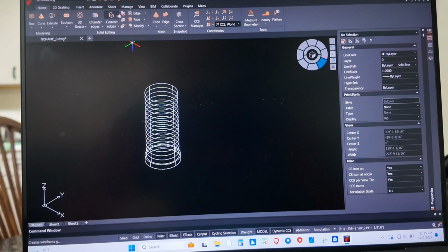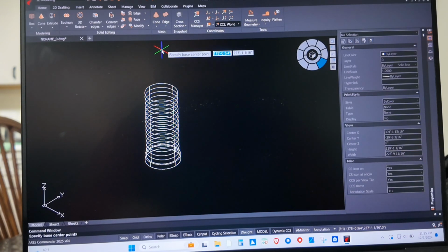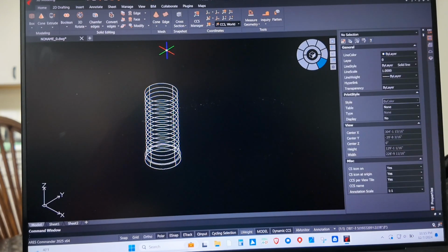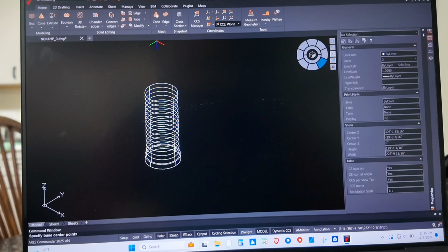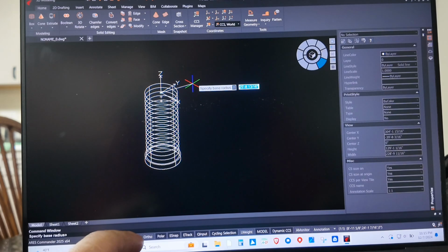Now we need to put a roof on it. So we go up here to our cone where it was the 3D face. And we drop down, hit the cone. So we click on the cone here in the mesh and come down across. Get that top center point, left click on there. And then we say we need